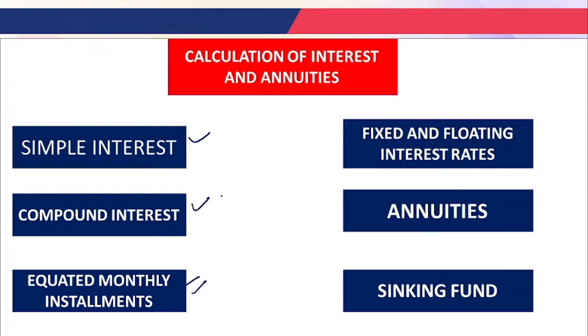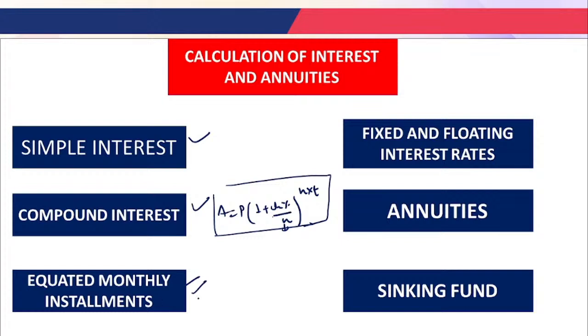In compound interest questions, as I always explain with my shortcut method, you can calculate compound interest questions, as well as by the formula itself, which is A equals P, that is the principal, multiplied by (1 plus rate of interest divided by n) to the power n multiplied by t, where n denotes the number of times the interest is compounded in the year. Suppose it is compounding 2 times in a year, then you put the value of n as 2. So this formula is very important, and you can also calculate compound interest questions in the examination with the shortcut method.